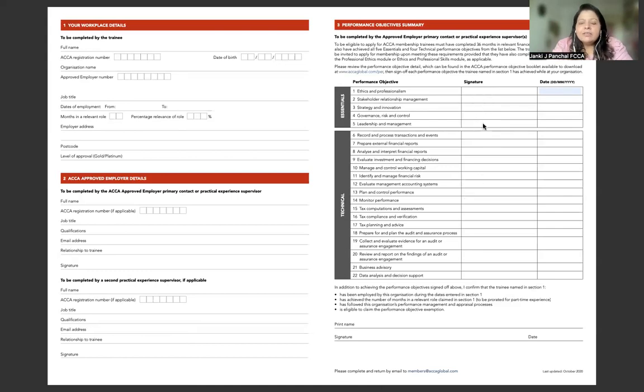He or she will put their signature here, and the date on which you have achieved the performance objective would be mentioned here. At the end, you have to ask your supervisor to sign off all the information and see if everything is correct. Everything should be dated and signed. What ideally students do is they take a printout of this PDF, get everything signed off, again take a scan of all the pages, convert it into a PDF, and then email it to